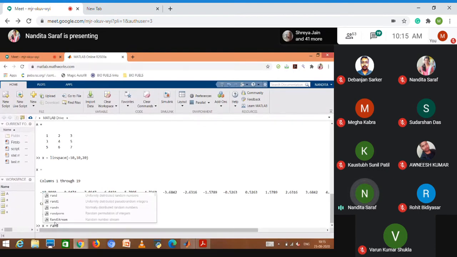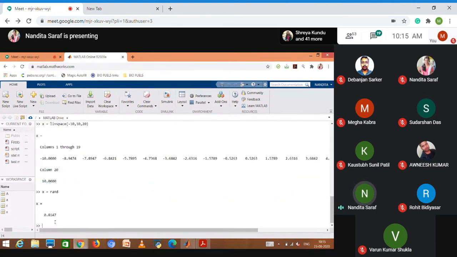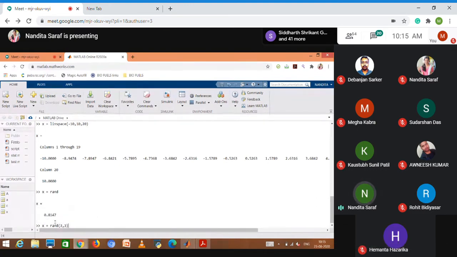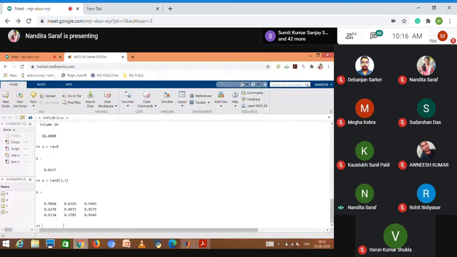If I just say rand, it will give me a single number. If I want MATLAB to create a matrix of random numbers, I'll say rand(3, 3). This means I want to create random numbers using the function rand, and the size of the array will be 3 by 3. It will be a matrix, and it will create random numbers like this.